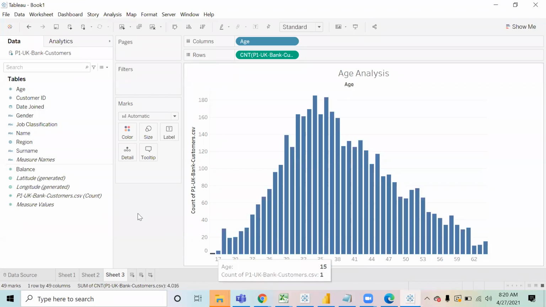Now what I can do over here is, definitely, this chart is very wide right now. It doesn't make a lot of sense. The bank will not say, okay, we have more people with the age of 18, so let's launch a policy that if your age is 16 or 17, you will get this offer, and if your age is 19 and 20, you will get this offer. No, they are not going to roll out offers in that way. Don't you think it will make more sense if we create intervals, as you were mentioning? I would like to see how many people I have between the age group of 15 to 20, 21 to 25, 26 to 30. That is something that will make more sense over here.